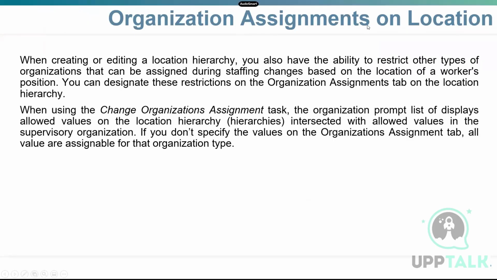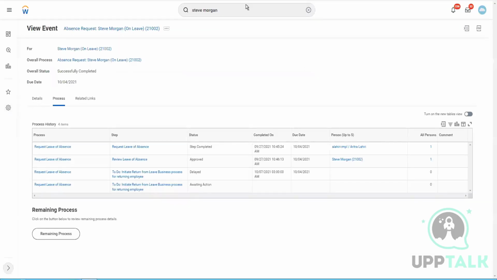So you can also do organization assignment on location. When creating or editing a location hierarchy, you also have the ability to restrict other types of organizations that can be assigned during staffing changes based on the location of the worker's position. You can designate this restriction on the org assignment tab on the location hierarchy. So let's open up a location hierarchy. Say